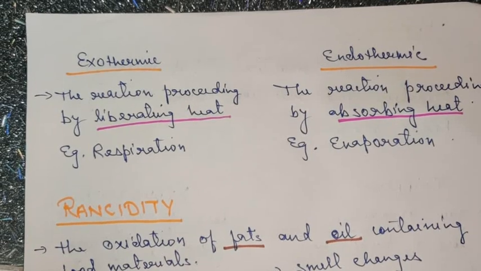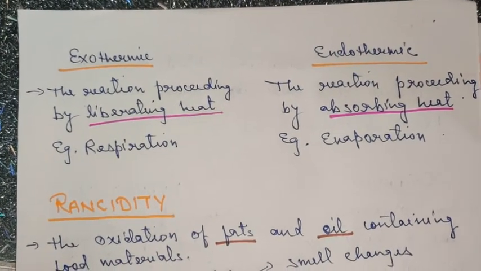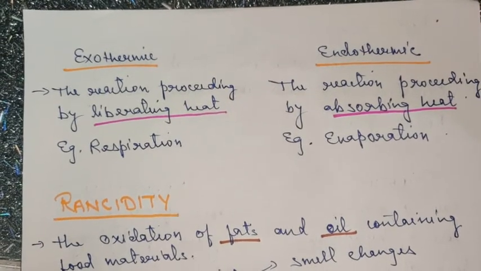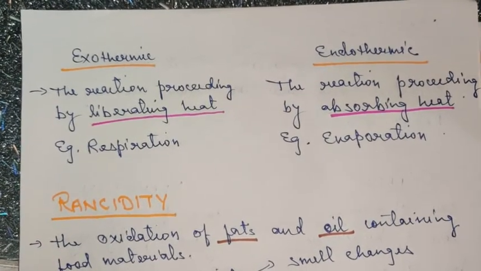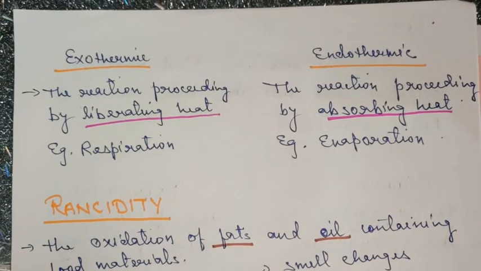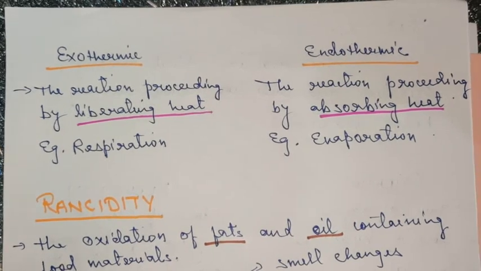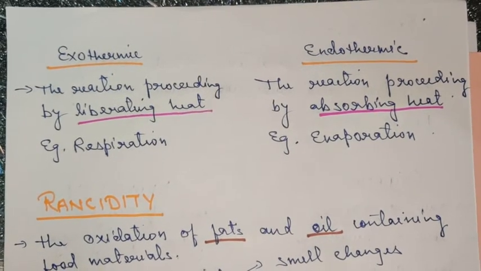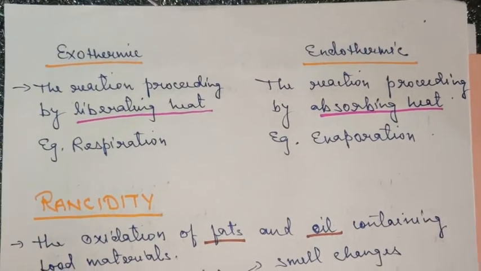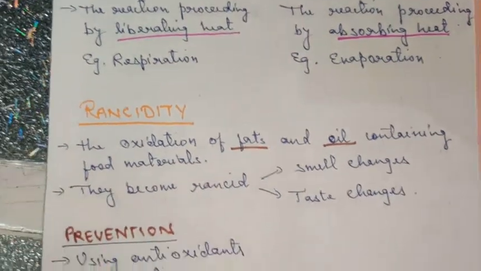If water is spilled on the floor, after some time you'll observe that the water evaporates on its own, or you simply switch on the fan and it gets evaporated. From where is it getting heat? It is getting the heat from the surroundings, and that is why it produces a cooling effect. So the process that occurs by liberating heat is exothermic in nature, and the process that occurs by absorbing heat is endothermic in nature. These are very simple topics, and you can think of some more simple examples.